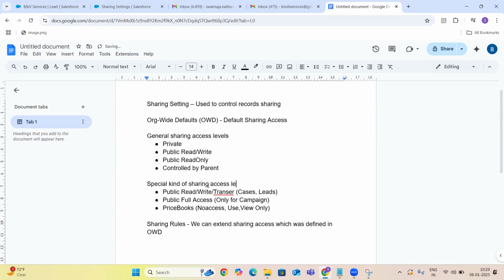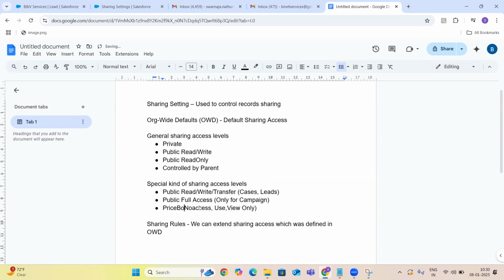These are something like public read write transfer, which is available for only cases and leads. Public full access, which is available for cases and campaigns.